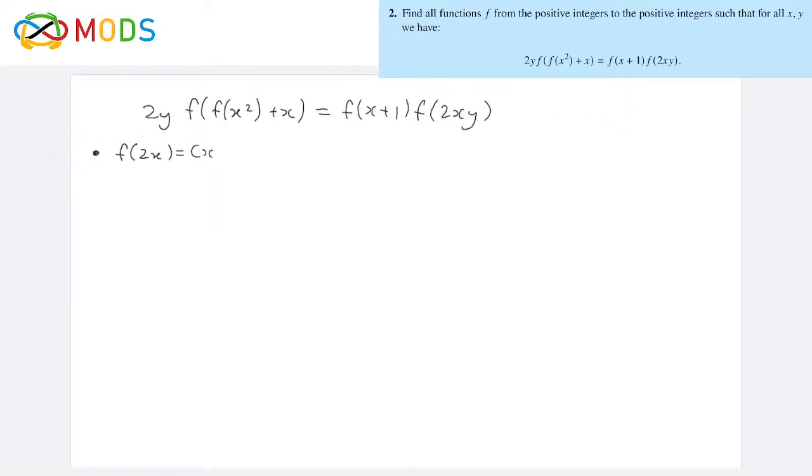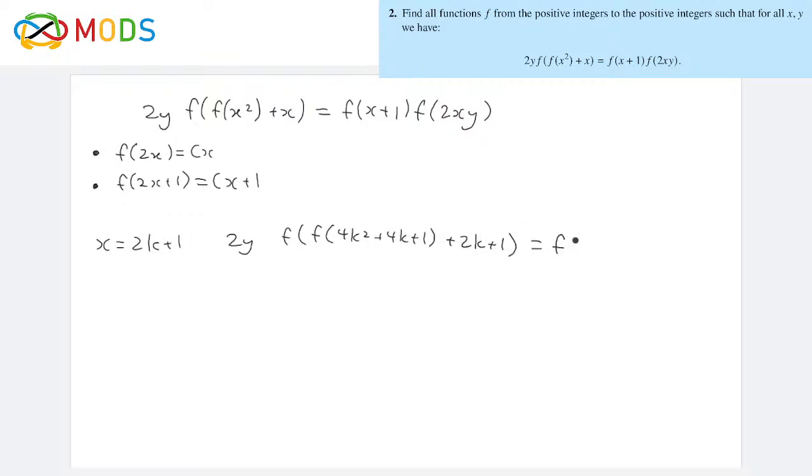Oops, no plus 1 here. Okay, we also know that f of 2x plus 1 is cx plus 1. And no, actually that third thing is not important. So now we do x equals 2k plus 1 and plug that in and see what we get. This might be a bit bashy. So we get 4k squared plus 4k plus 1 plus 2k plus 1 equals f of 2k plus 2, f of,